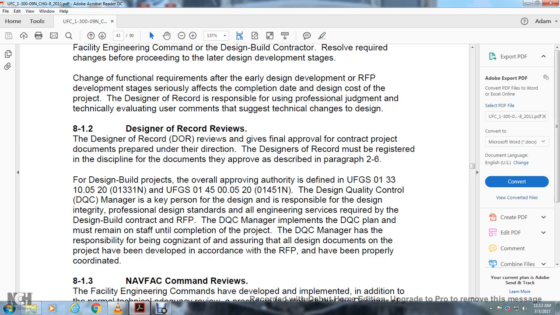These documents are prepared under this direction. Designers of record must be registered, and the discipline documents have been approved as described in paragraph 26. For design-build projects, the overall approving authority is per UFGS 01 33 00 and Unified Facilities Guide Specifications 01 45 00. Design Quality Control, DQC, managers and key persons are designated